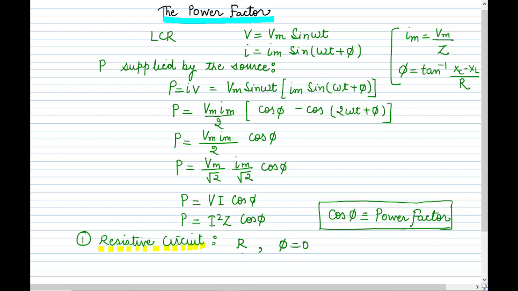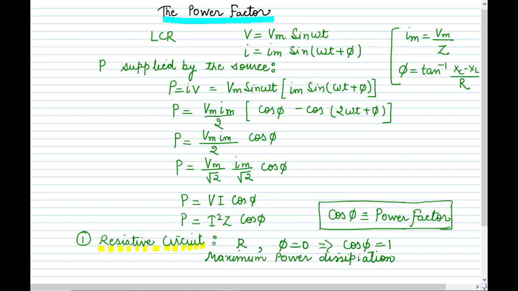If you want to see what happens when we apply alternating current to a simply resistive circuit, you can refer to that lecture. The link is given below. But for now you can remember that whenever we have only resistance in the circuit with an AC voltage source, the voltage and current are in the same phase. That means the phase difference phi is equal to 0. And if phi is 0, that implies cos phi is equal to 1, because cos 0 is 1. So there is maximum power dissipation, because cos has its maximum value of 1, and the power dissipated I squared Z will be maximum.